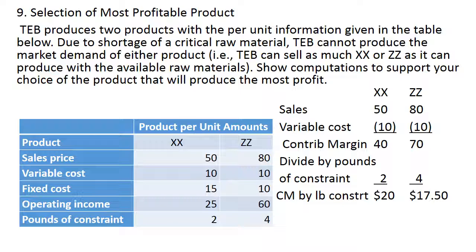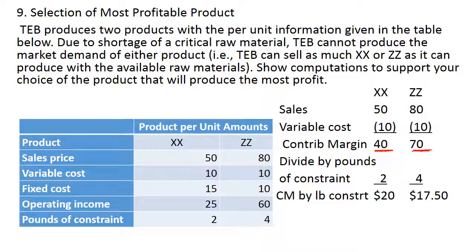So the way you want to do this is calculate your contribution margin for each of the products. So product X gives us a contribution margin of $40 per unit, and Z gives us a contribution margin of $70 per product. And then we're going to divide that by the pounds of constraint. So it takes 2 pounds per unit for product X, and 4 pounds to create a unit of product Z. So when we look at the contribution margin by pound of constraint,